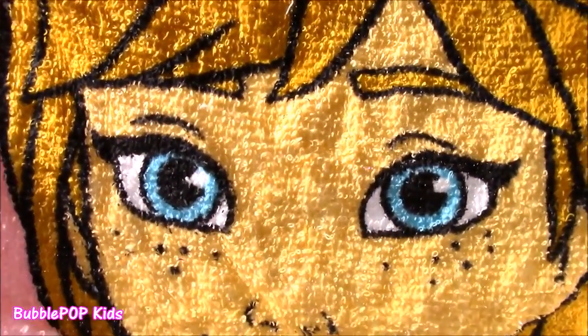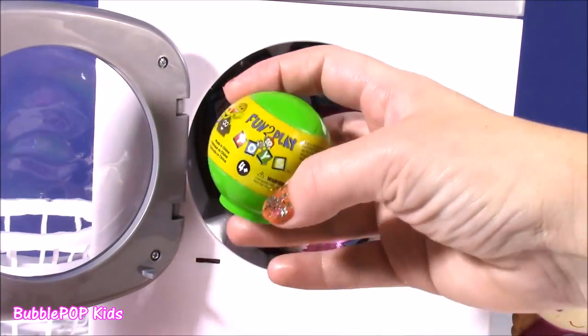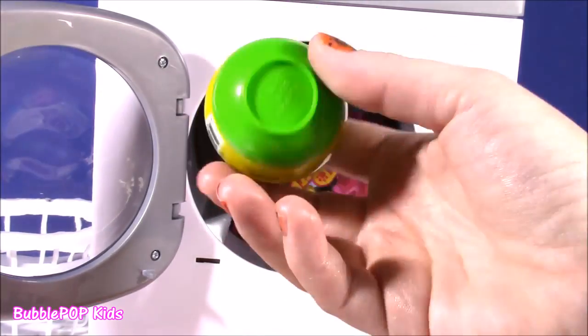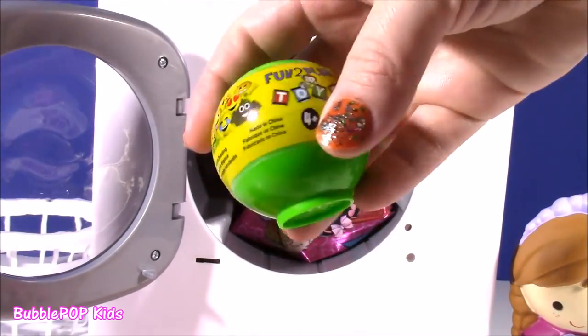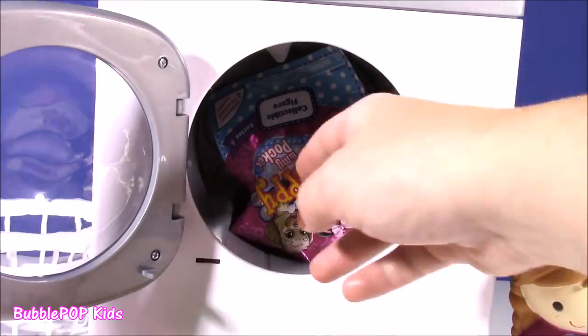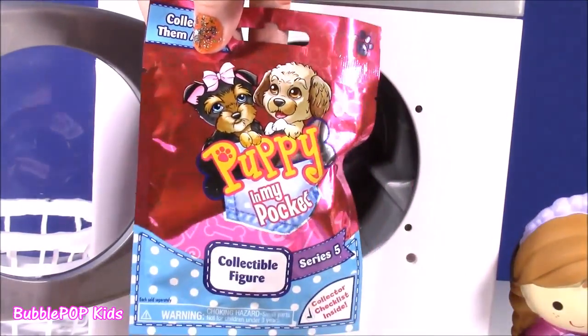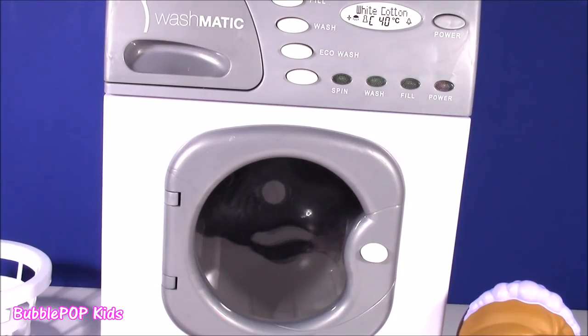Look at those eyes. That Frozen Beauty came with some treats. Oh, look at this. It looks like a little emoji blind ball. Oh, you can even get a little poo. And, ooh, this was super lucky. We got 2 surprises. This is a puppy in my pocket. Get ready to see the full